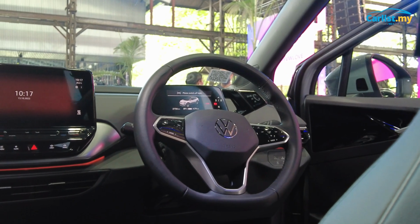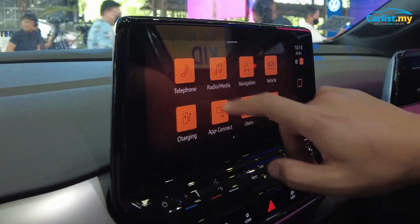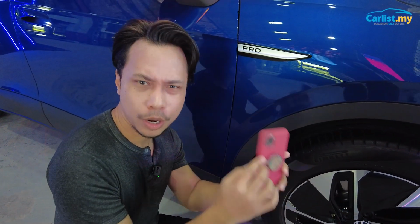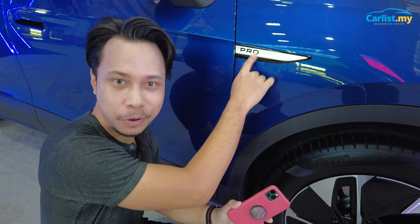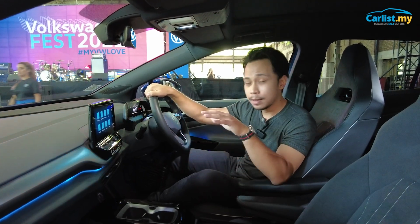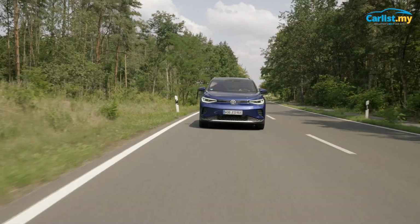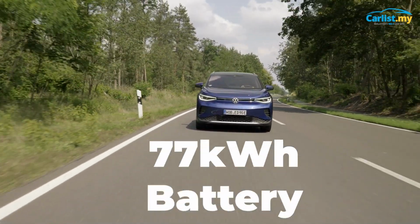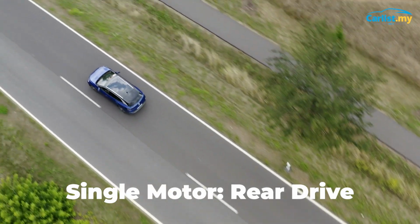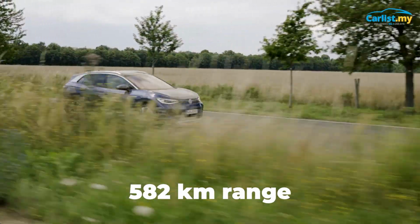A small screen, nicely laid out, just ahead of you, just to give you all the stats: speed, range left, or whatever. Speaking of range, on the side of the car, they have the Pro designation. That denotes that this car is the top of the line ID.4. I thought they would bring the mid-range or the base spec version to be more competitive price-wise, but they brought the Pro. So we'll have to wait until Volkswagen confirms all the details. But this could come with a 77 kilowatt-hour battery, which means, given that it has a single electric motor at the back producing about 200 PS, 204 PS, it could go as much as 582 kilometers on a